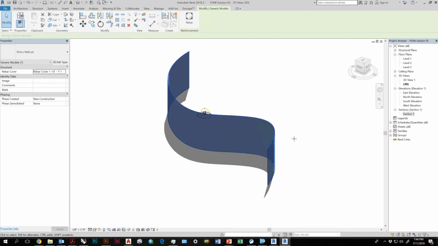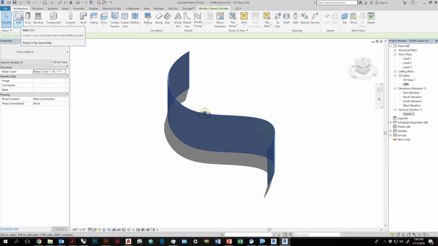Now this is a dumb object, which means you can't really change any aspect of it because it is not native to Revit. But you can turn it into a native Revit object, which will then allow you to modify it. Let's say we want to turn this into a Revit wall.